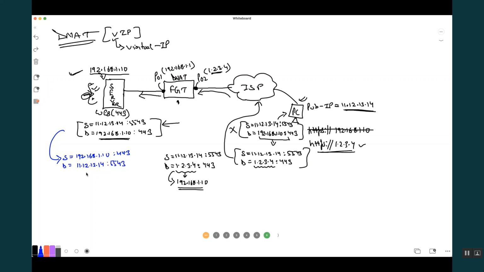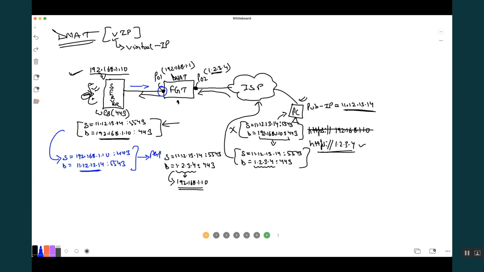Now your server should know how to send the packet out if the destination is this. So the server will do a routing lookup, and as per its routing cache, it knows it has to send it to the gateway of the firewall. This is the packet that is sent to the FortiGate firewall.